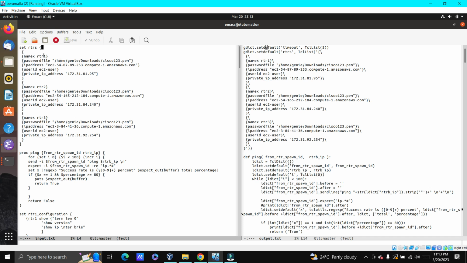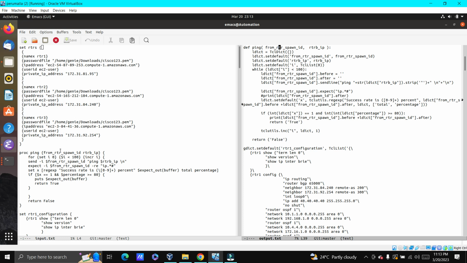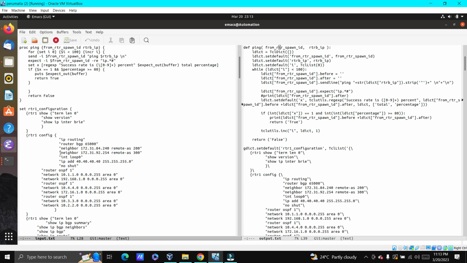So here the set command is there. The set is replaced by the gdict set default, and the variable name is rtrs here, and similarly rtrs here. And the ping command, the ping function is exactly translated from TCL to Python. As you can see here, the for loop is translated into a while,